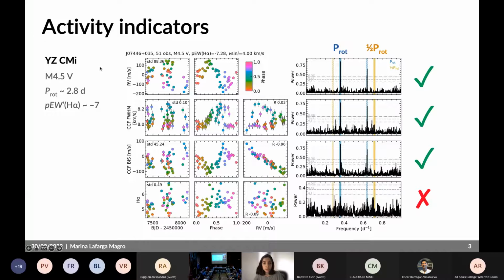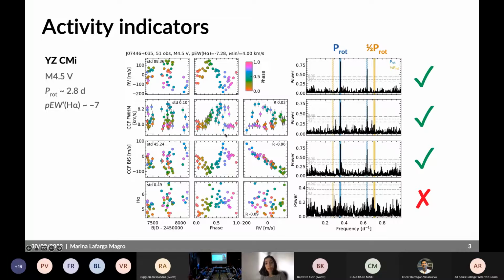On the left-hand side here, I have plotted the time series of the radial velocities of the star and three different indicators. In this case, I have the full width at half maximum of the CCF, the bisector of the CCF, and then the emission flux of the H-alpha line. Then I phase folded these quantities at the rotation period of the star that we know is about 3 days. And the plots at the center are simply the correlations of these three different indicators